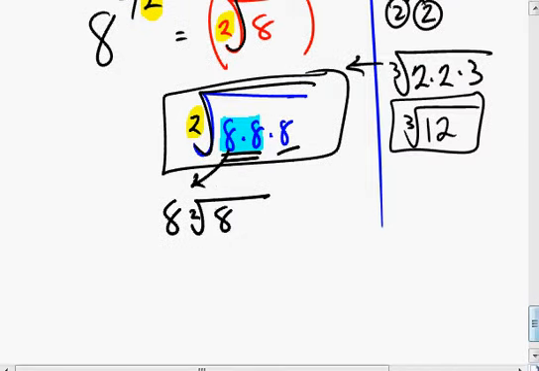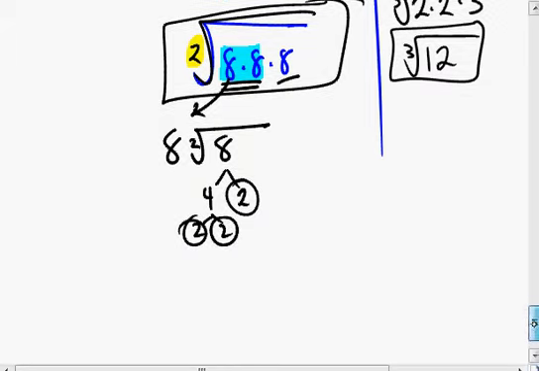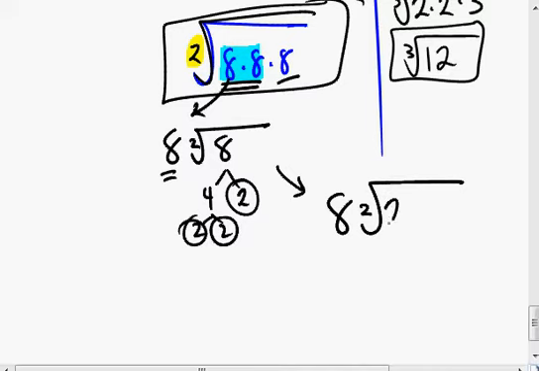Now, you definitely don't have 2 more 8s inside of here, right? There's only 1 8. So you can't remove another 8, but you may have more than one factor inside the 8. So now you want to factor the 8. We know we don't have 2 8s to remove, but we might have 2 of something else to remove. So if you factor the 8, you get 3 2's. So what we have then is 8, that's this 8, times the square root of 2 times 2